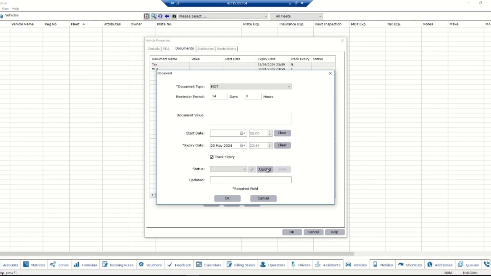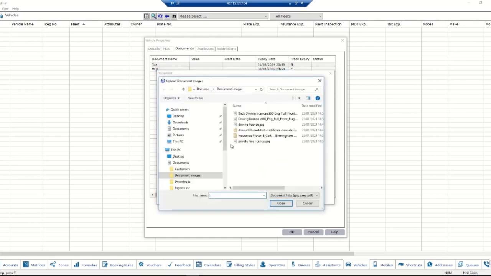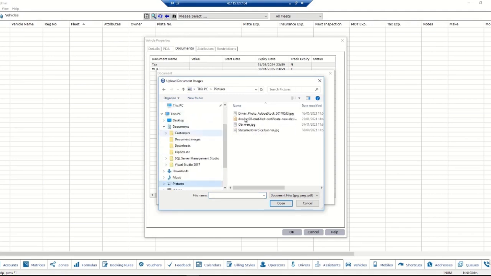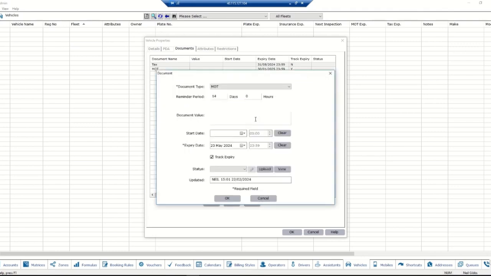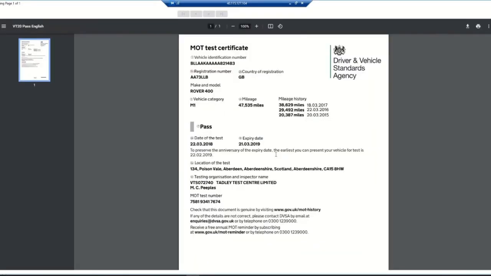So in that case, it would have appeared automatically if the driver had done it, but if he'd emailed it to you out of band, then we could go into your local hard disk where you've saved that document, and then you can download that. I've just got some random documents here, I'll use that one. And if I need to, I can view that document through here. And if I'm happy with that, I can close that window